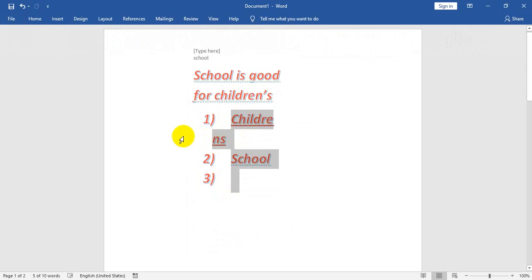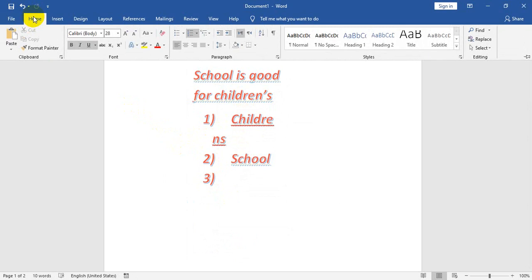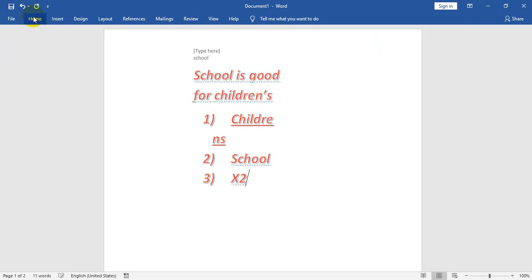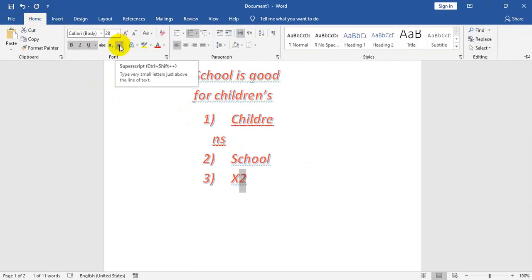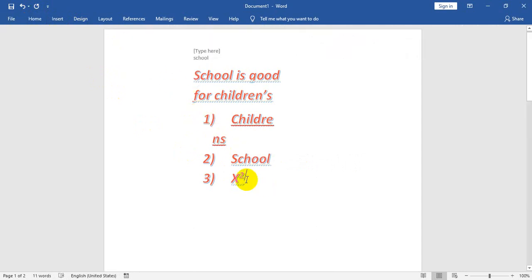Okay. Now sometimes you want subscript and superscript. For example, sometimes you are writing a mathematics formula, x power 2. So select the 2 and click on superscript. Sometimes in chemistry you want a formula, for example H2O. You want to subscript this 2.